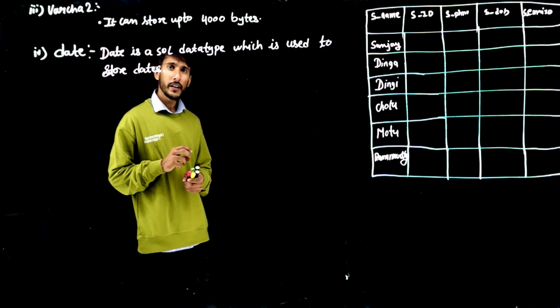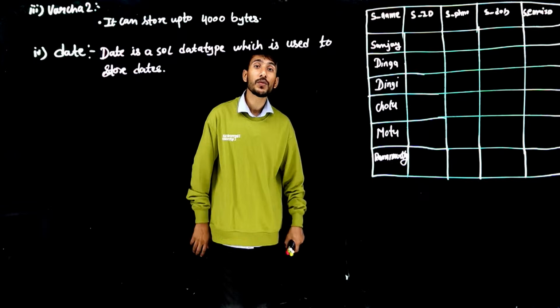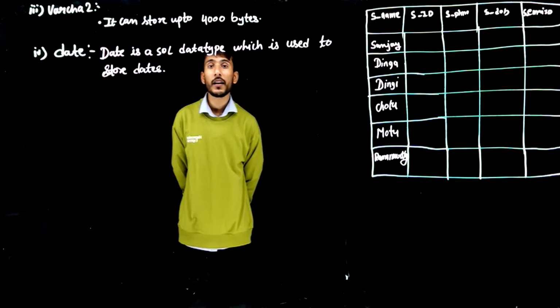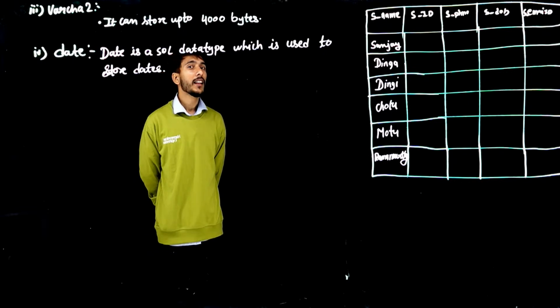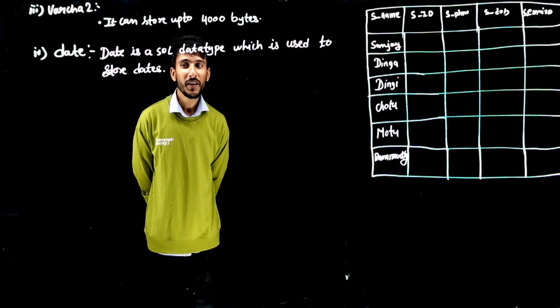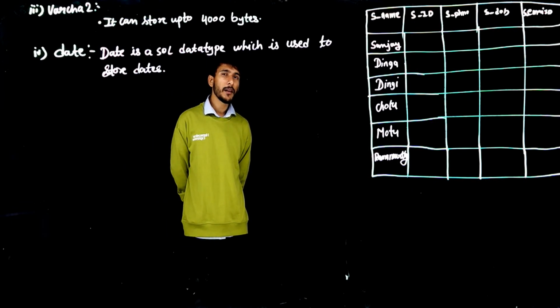If I take the example of a student, the student will have a date of birth. Let's take an example of your girlfriend. Your girlfriend will also have a date of birth. And if by mistake you forgot that date,